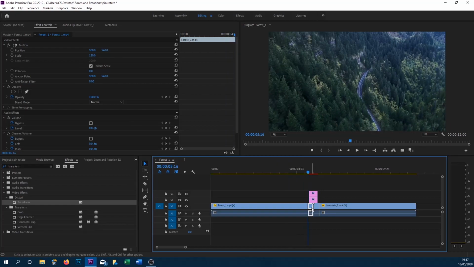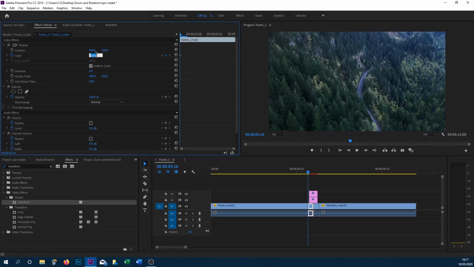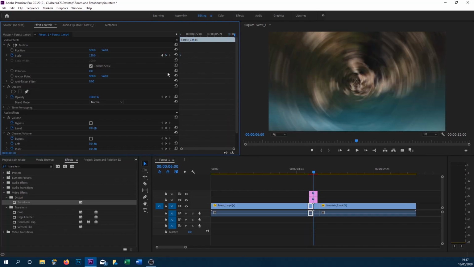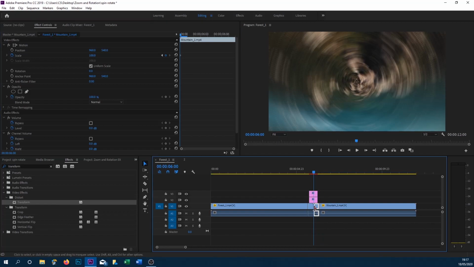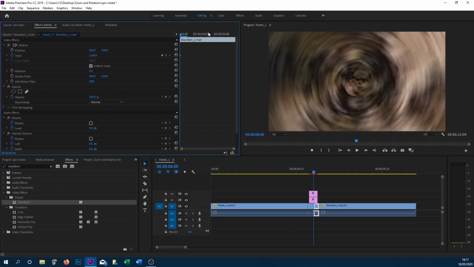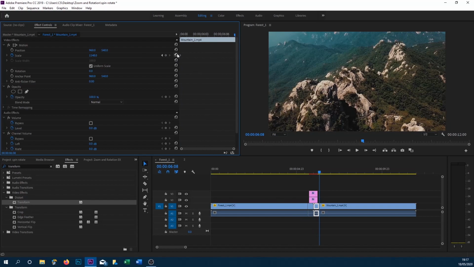Then on this clip here, which we have cut out, at the very beginning, of course, we need this to be on 120, like that. Then at the end, all you're going to do is press the reset parameter, and that's going to set it back to normal. And then the next clip, which is where the transition is actually going to happen, the first keyframe, we can set this absolutely massive, whatever you want to. And at the end, we're going to change this to the default. So if we play this through,